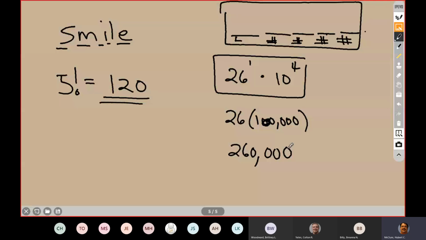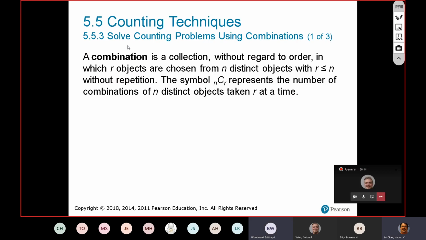Okay, so let's get to the bread and butter now. Bread and butter is the 2 type questions that we're going to spend a lot of time on today. Let me go back to transparency. And that is the combination. Now, combination,